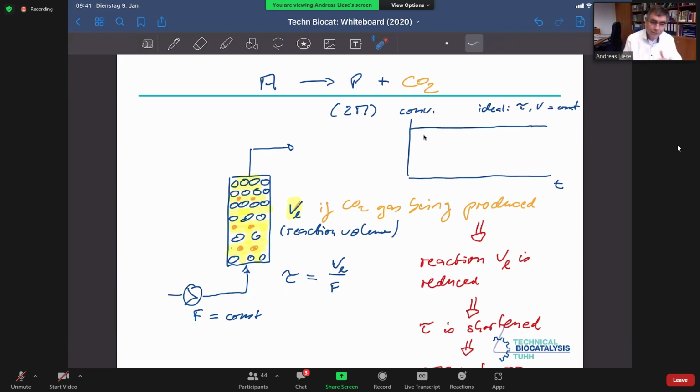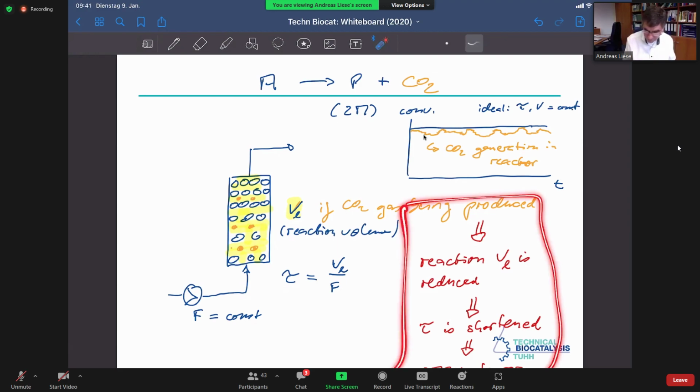situation with some more or less gas bubbles because they also agglomerate. It's not only individual small ones that would always be leaving. And in consequence, if we're looking at a realistic case, we would rather see something like this: gas bubble leaving, gas bubbles generating, leaving. So unsteady conversion. So this is CO2 generation in reactor, which is then true for what we just discussed down here. Okay,